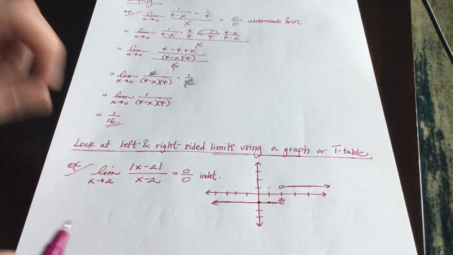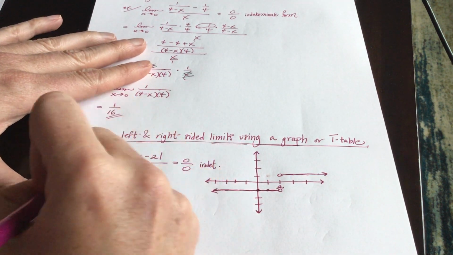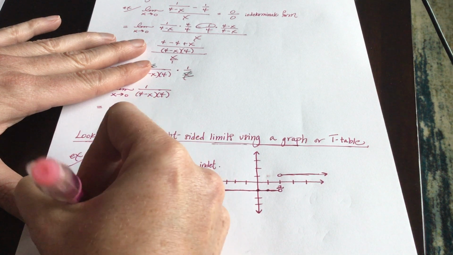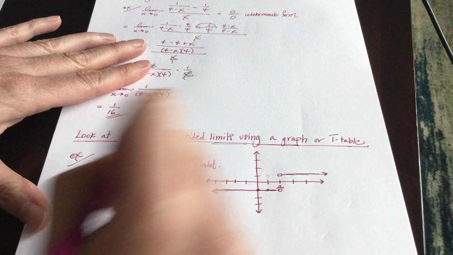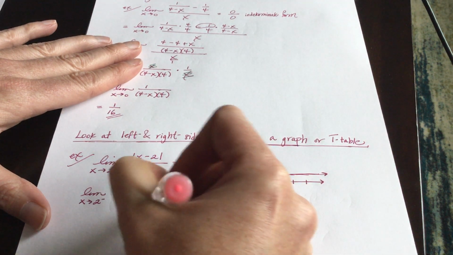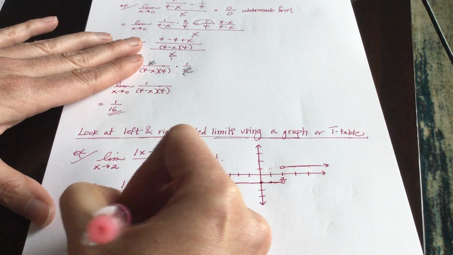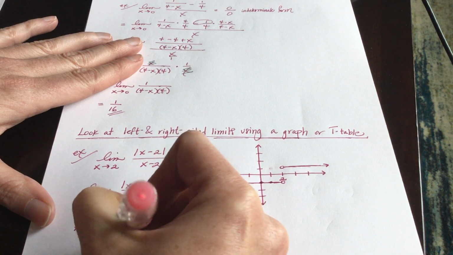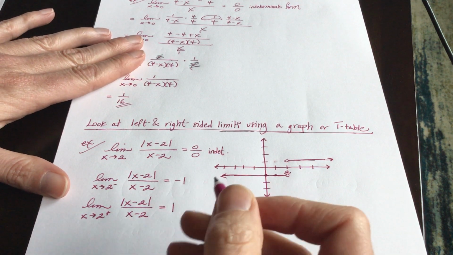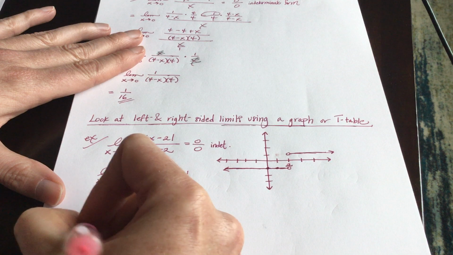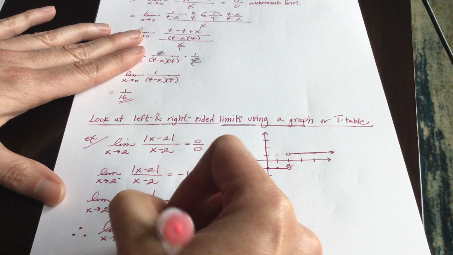Look at that. Wow. So based on this picture, what would we say the limit as x approaches 2 from the left of this expression is? I hope you would say it's negative 1. And what's the limit as x approaches 2 from the right of this expression? It's 1. Because the left and right-sided limits are two different things, we would say that the double-sided limit, which is the limit as x approaches 2 of this expression,